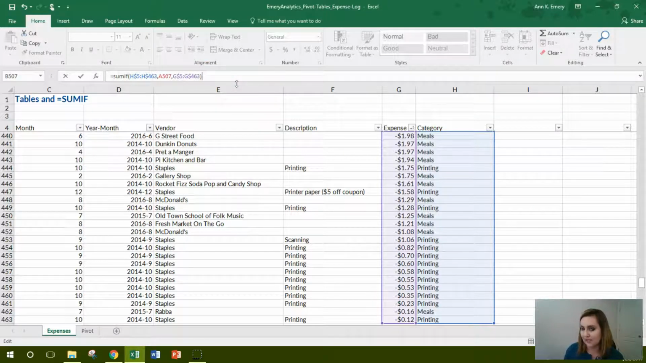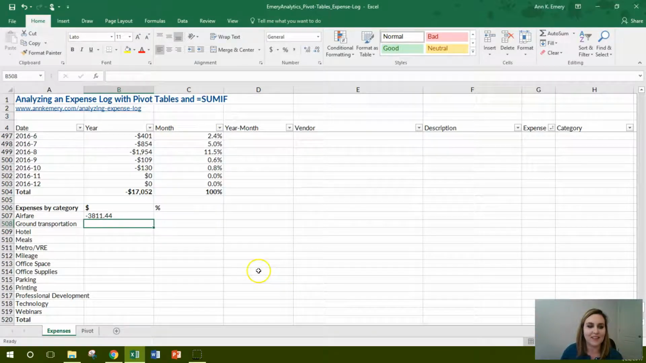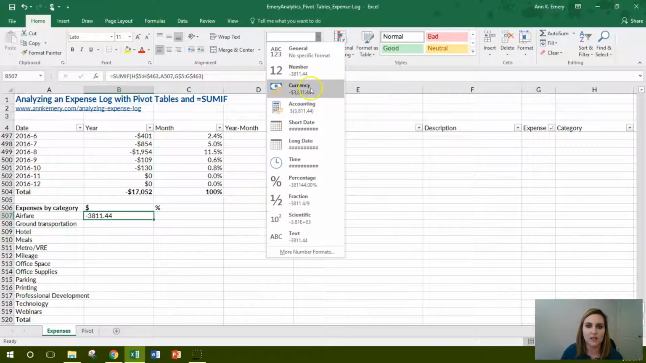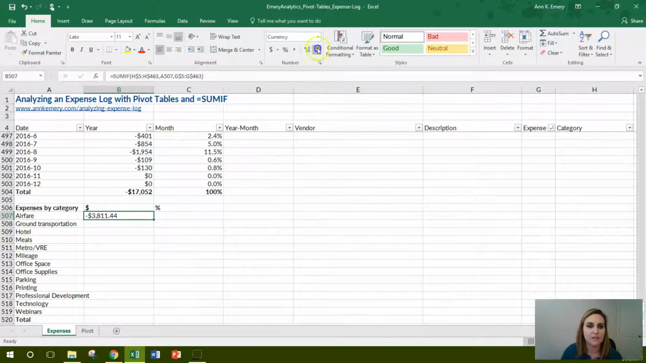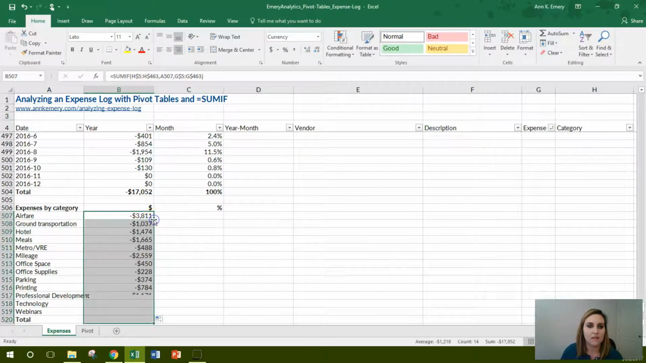Press the Enter key. Hopefully you're getting the rhythm of things now. If you get a funny looking result, change that into a dollar look and feel, like a currency. That's my preference. Get rid of the pennies. I'm going to right align all this. Fill it down,